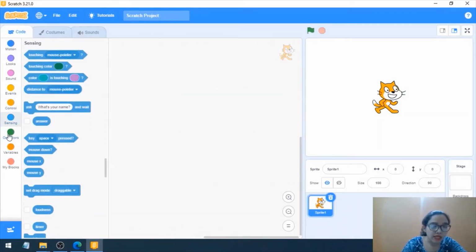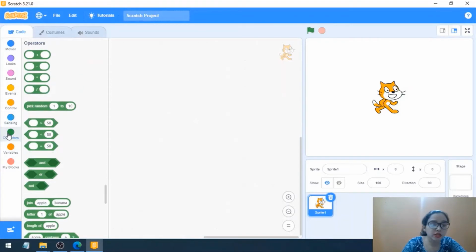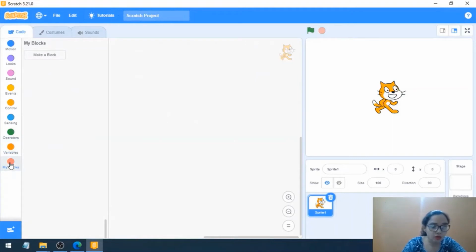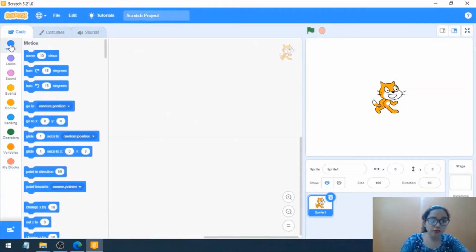Same situation is with the operators, which are green in color, variables which are orange in color, and the last one is my block, so you can make your own block also. So don't worry if you think what are these and how to go about it. We are going to discuss each of these blocks in a very systematic manner, so do not worry about this.